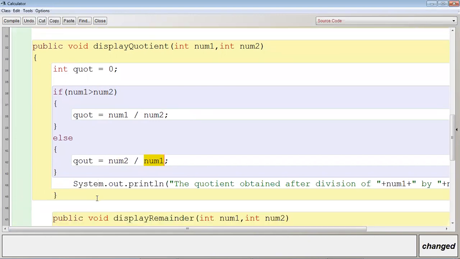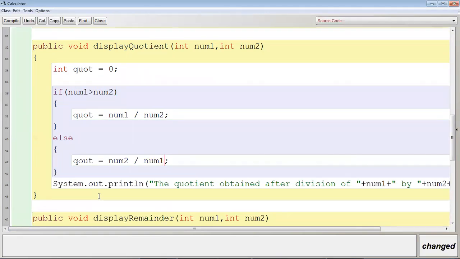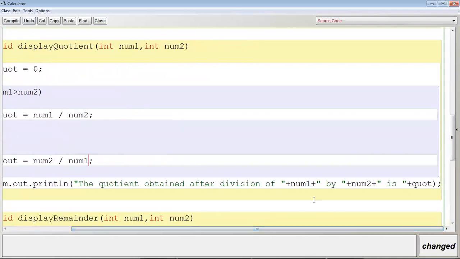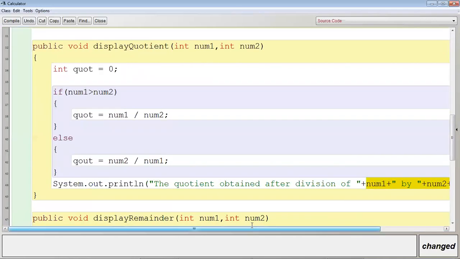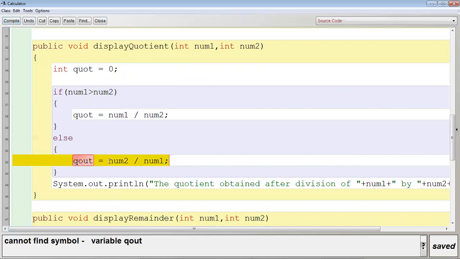Okay, then so we have displayed here, the quotient obtained after division of num1 and num2 is QUOT. Okay, so it's correct. Compile, cannot find variable QUOT.